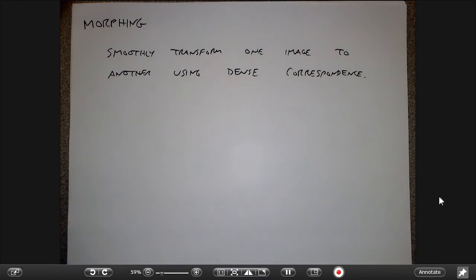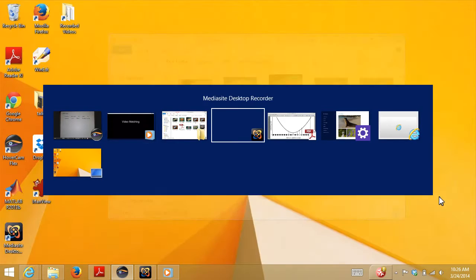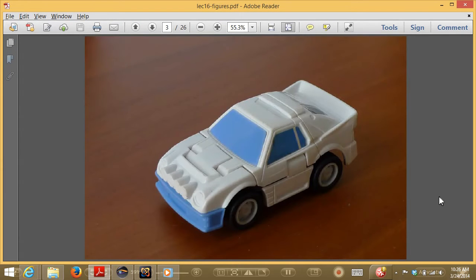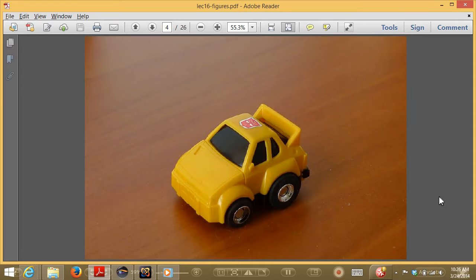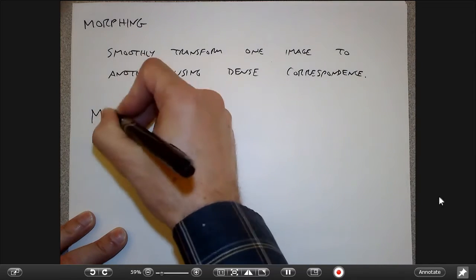And so let me start by saying, throughout this example, I'm going to use this picture of car number 1 and car number 2. I want to morph these two things one to the other. And so the most obvious thing that I could do would be basically to say, my morph at a given point,